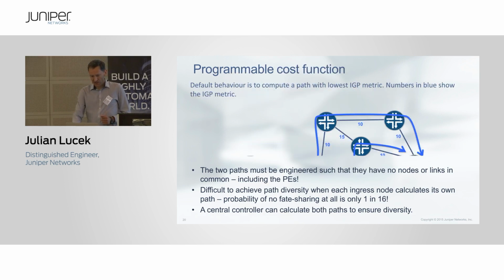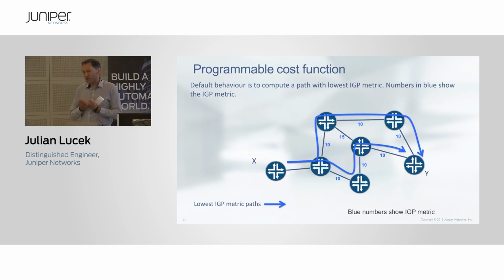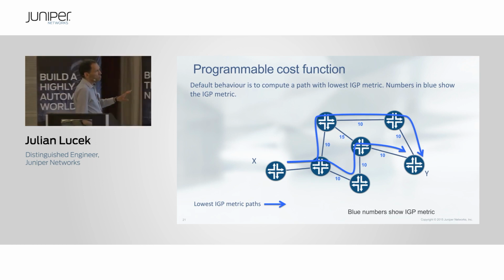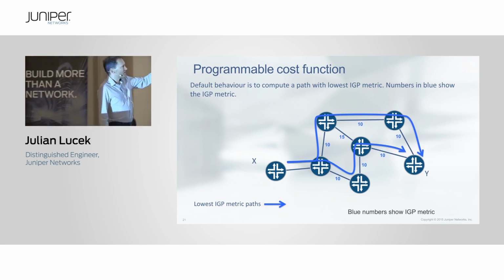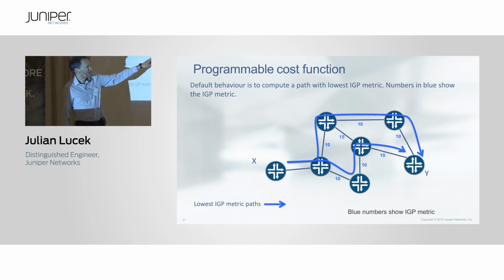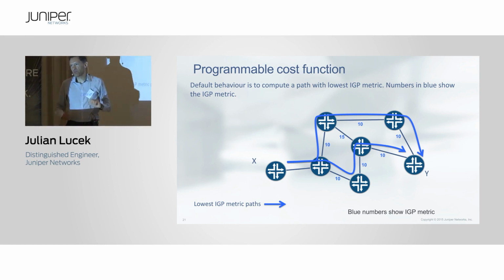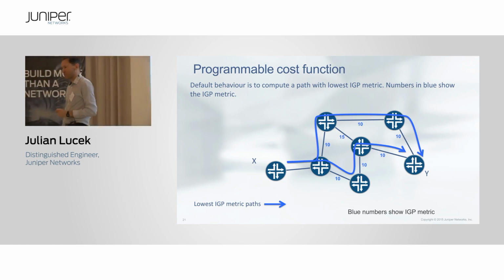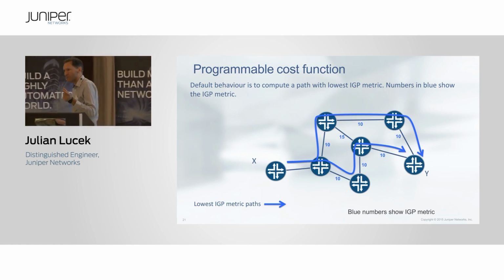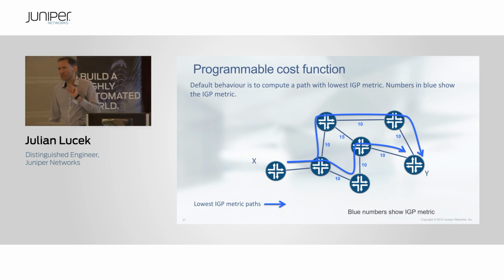Another type of use case is different types of cost functions. So by default, the controller would compute the shortest path that meets the lowest IGP metric. In this particular topology, we've got two end-to-end paths possible between X and Y with equal IGP metrics. We could set up two LSPs and load balance traffic across those two LSPs if we wanted to. But there might be a subset of customers of this network who absolutely want the lowest latency path. And so